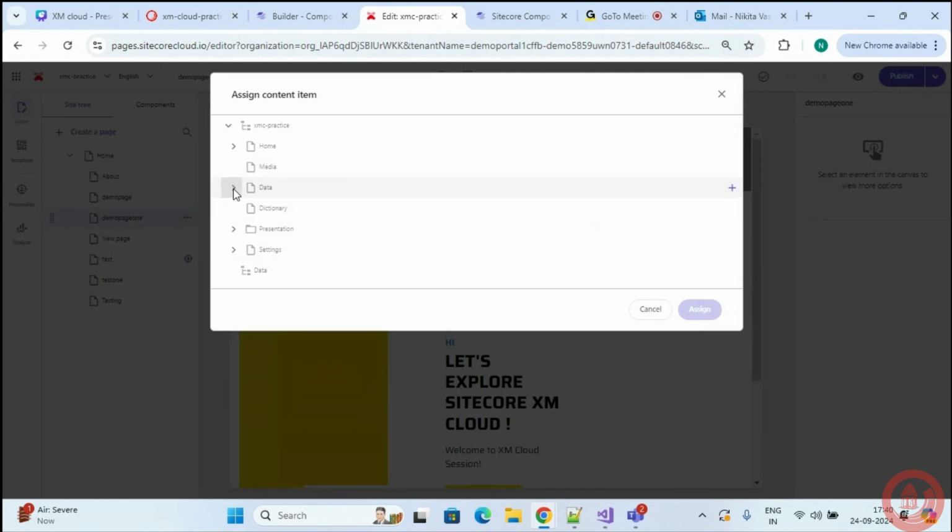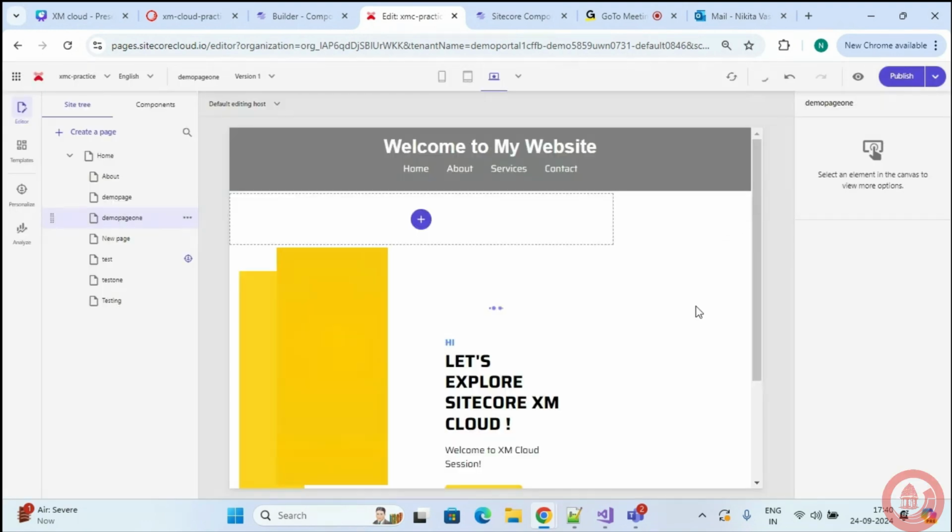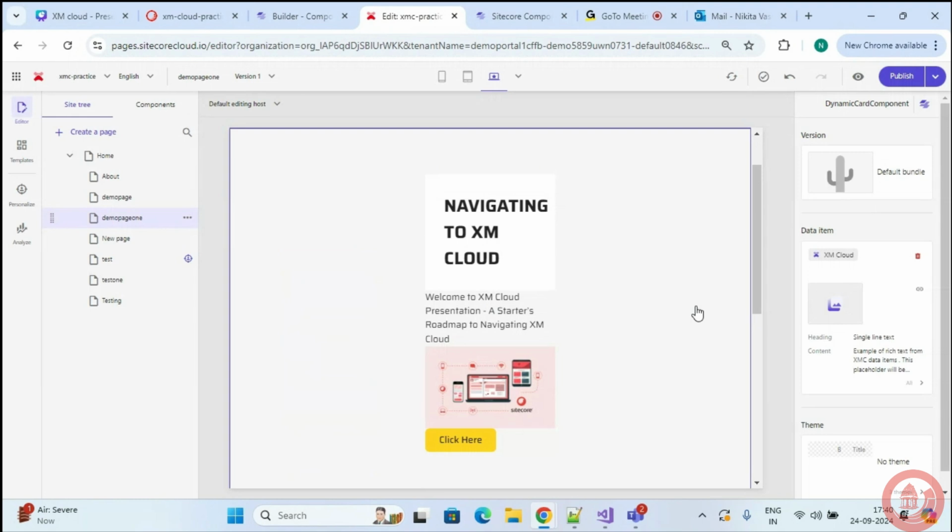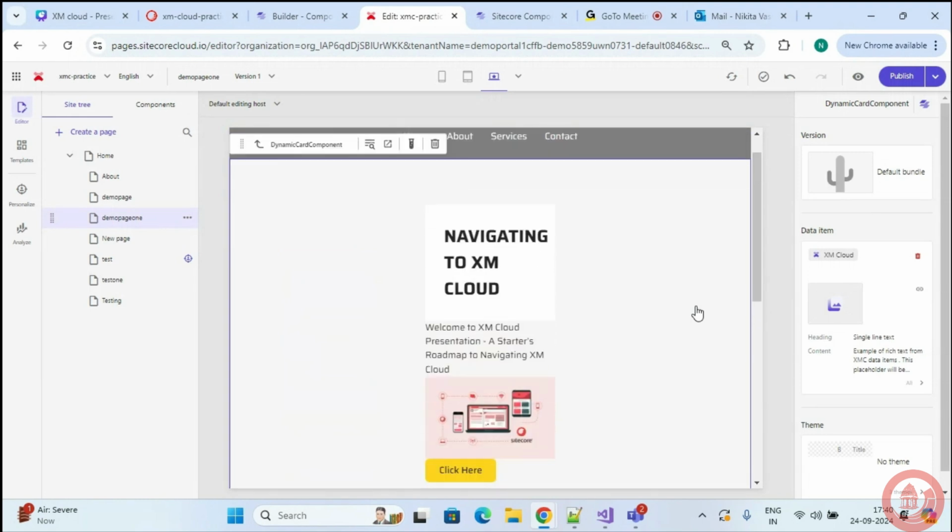Supposedly, if I want a component to be visible only for the Indian people, or the people who are coming from India, I can give a name, say Indian visitors, and I'll click on next.